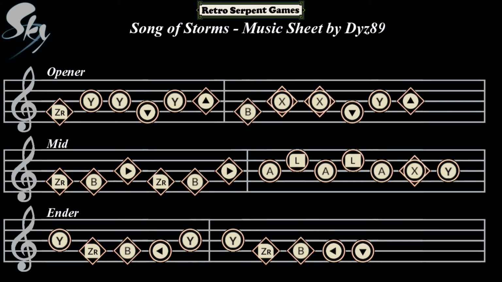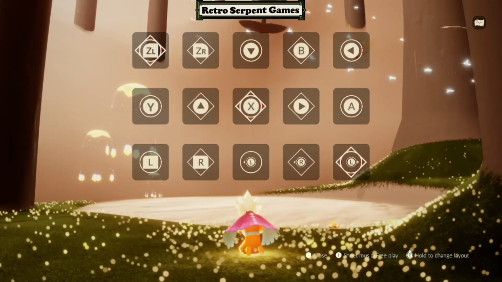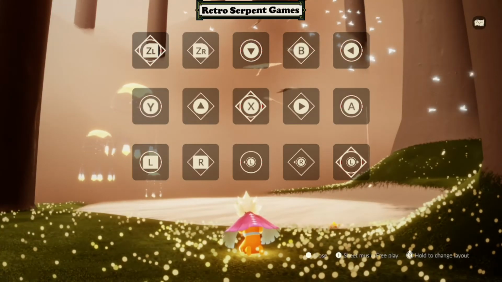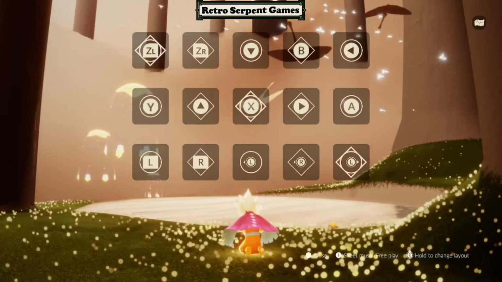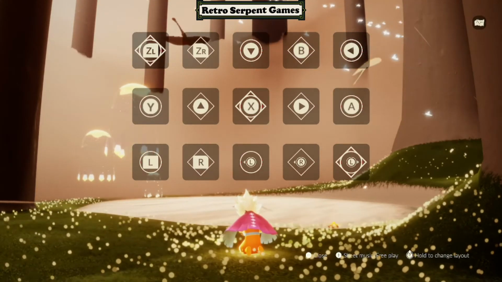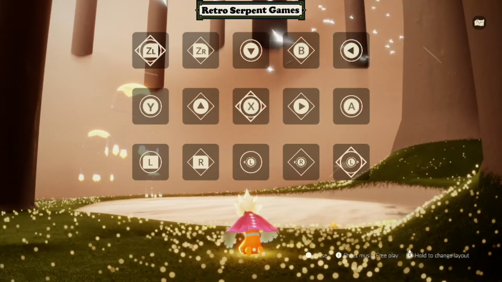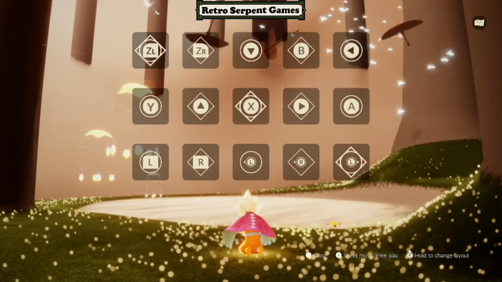Okay, so with that opener played, I typically play it twice, and that's how you would begin. Practice with that, especially because with the opener it's easy to tell what sound you're making, and if there are any mistakes, you'll be able to notice that, especially because you have the video example. So start with that. Play the opener twice, and once you get a feel for that, then you can play the middle part, which is,